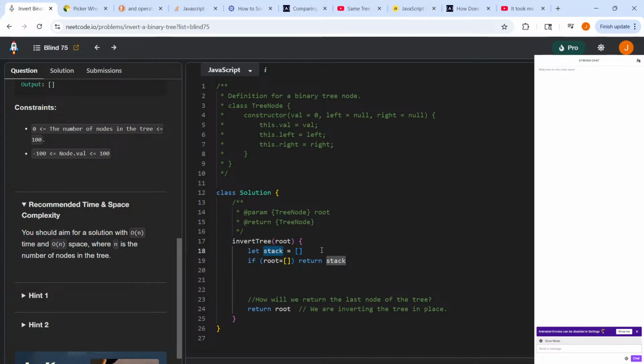Yeah, let's go that way actually. So yeah, if root is this empty array, we'll return this. So instead of stack, let new tree equal this. Okay. How will we, well, I mean, we could pass tree.root into something. So I guess while,